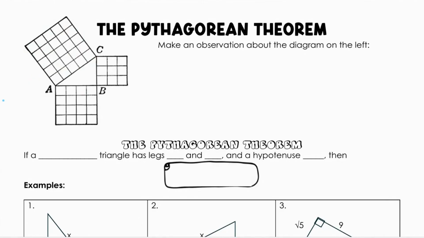In this video, we're going to talk about the Pythagorean Theorem, which is probably one of the most famous theorems in all of mathematics. So before I give you the actual theorem and the formula, I'm going to tell you about how this formula came to be. So back in the day in Greece, Pythagoras was trying to figure out the missing side of a triangle, and